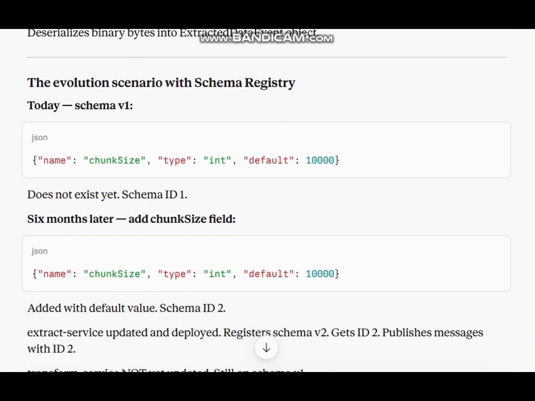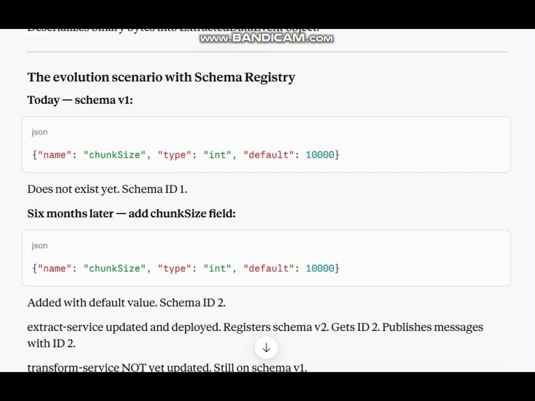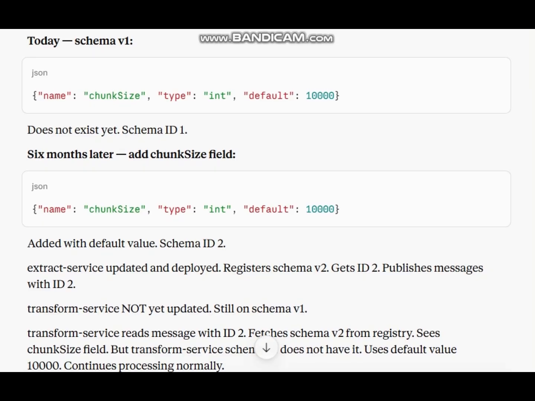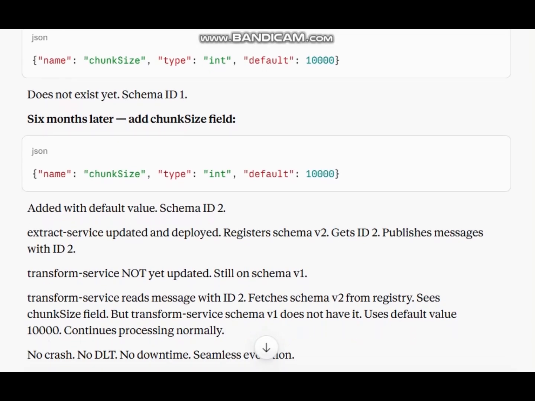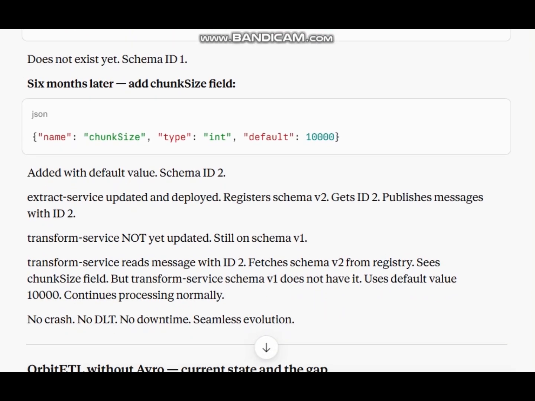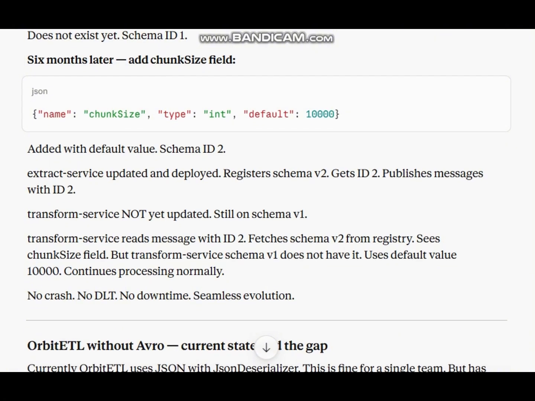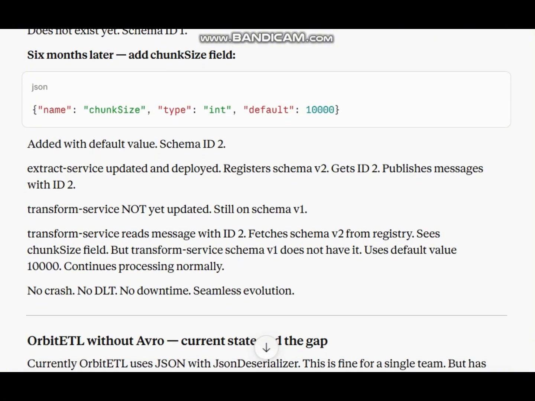The evolution scenario with schema registry. Today, schema v1, which does not have chunk size yet, is schema ID 1. Six months later, add a chunk size field with a default value: schema ID 2. Extract service is updated and deployed. It registers schema v2, gets ID 2, and publishes messages with ID 2. Transform service is not yet updated and is still on schema v1.